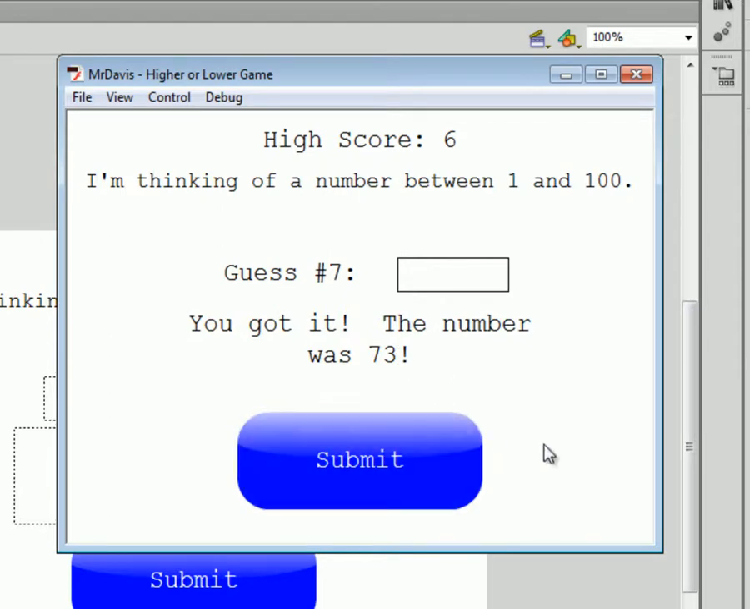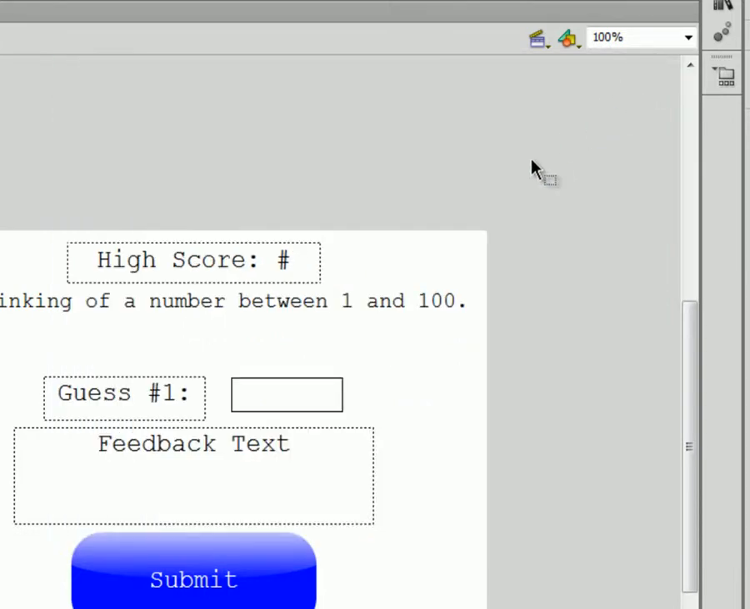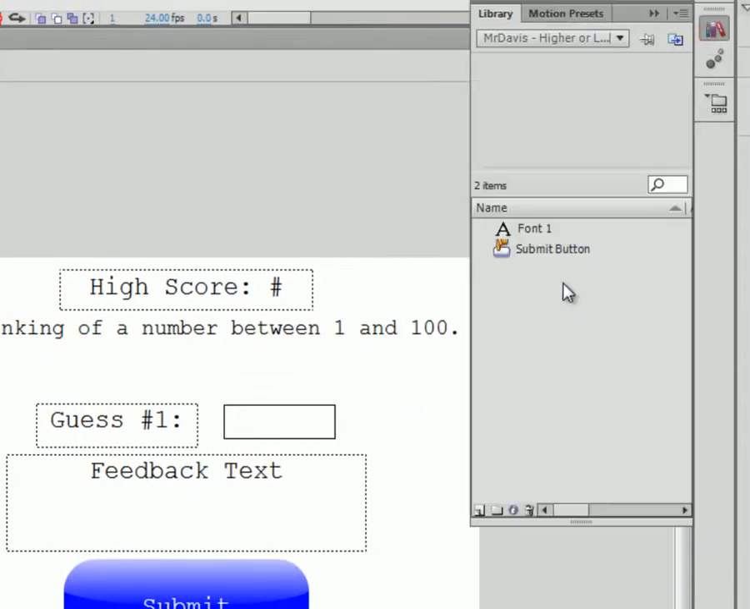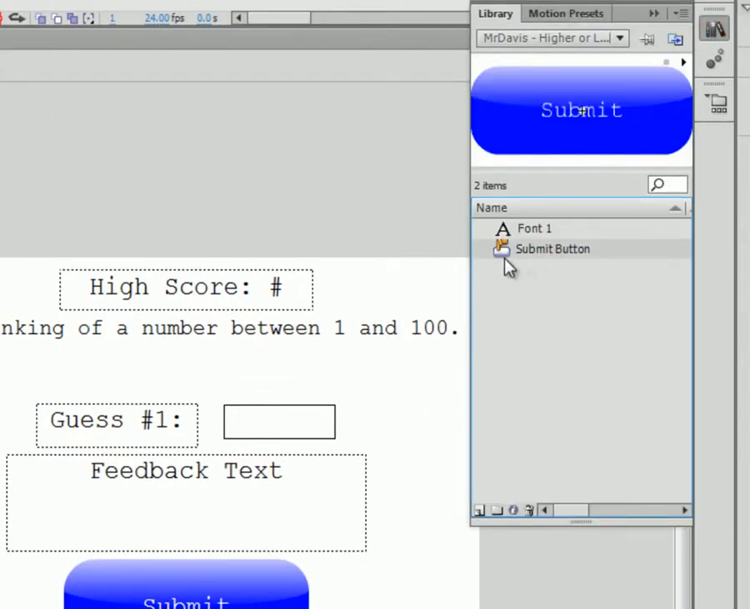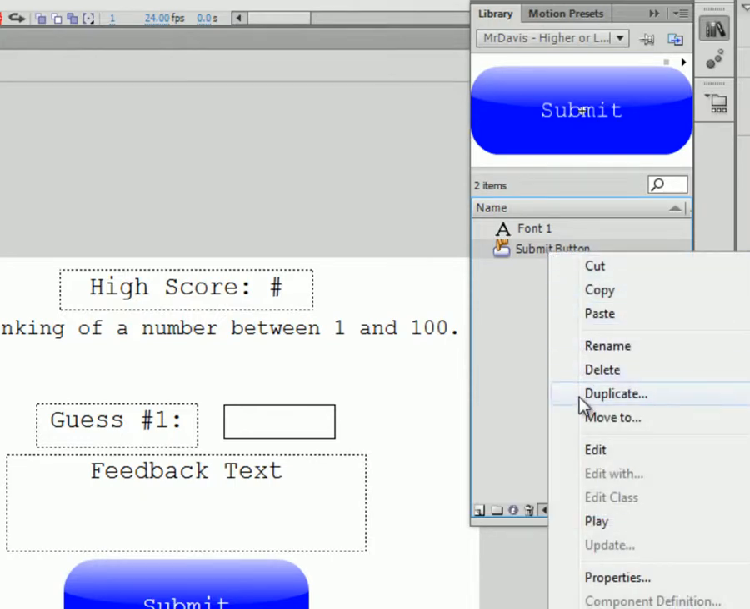But we do need a button to actually reset the game so that we can play again, right? Because once they get the high score, we want to give them another chance. So let's create another button. And here is the magical trick that maybe you all would have liked to know about when we were doing the buttons assignment. If we go into our library, we have our button, our submit button. We can right click on it, click duplicate,